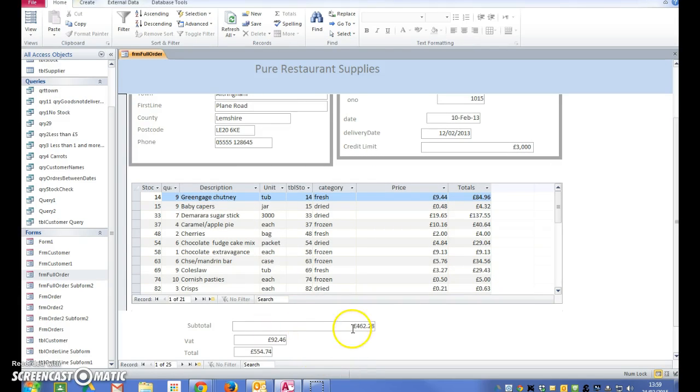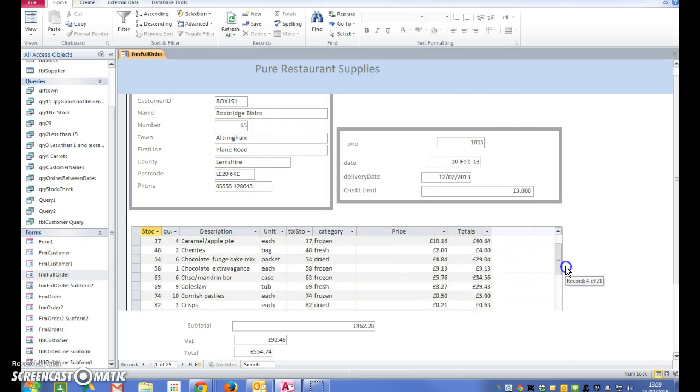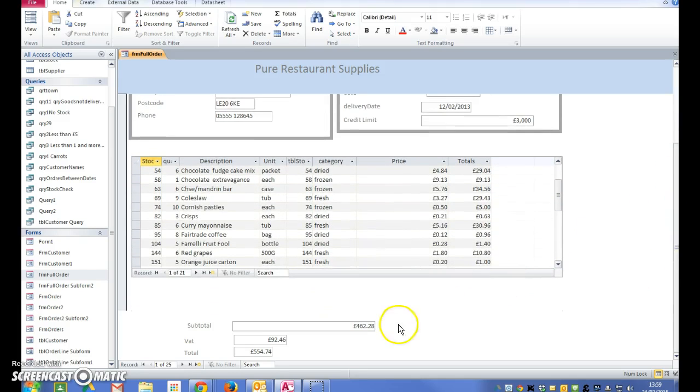And now it's a question of just simply tidying it up. So I can see here for Boxbridge Bristow, that's their order. These are all the items which were on the order there. And finally then I've got this total, the subtotal, and